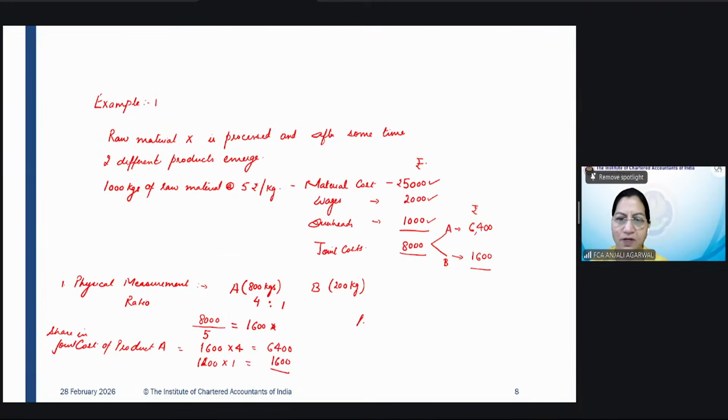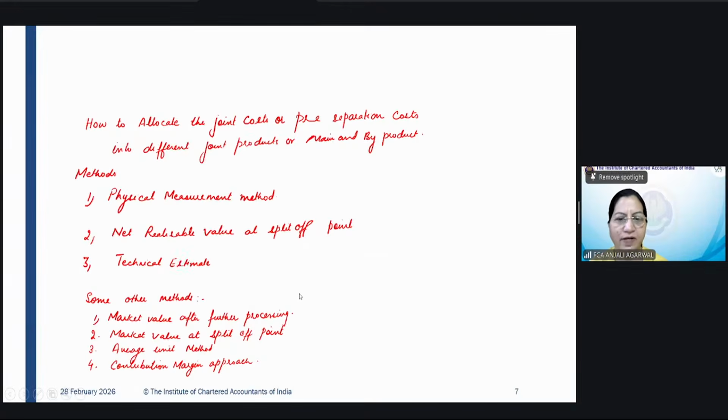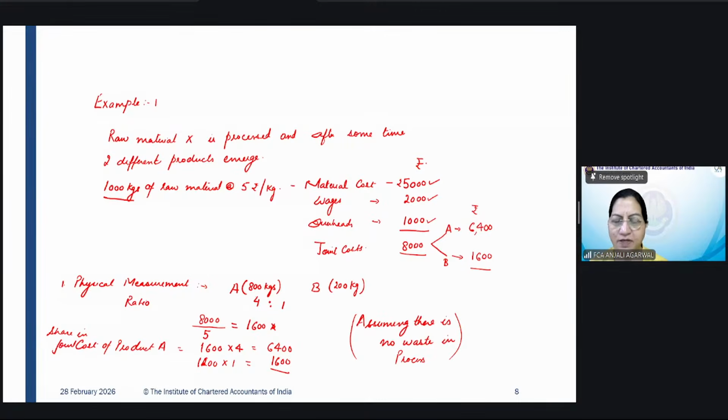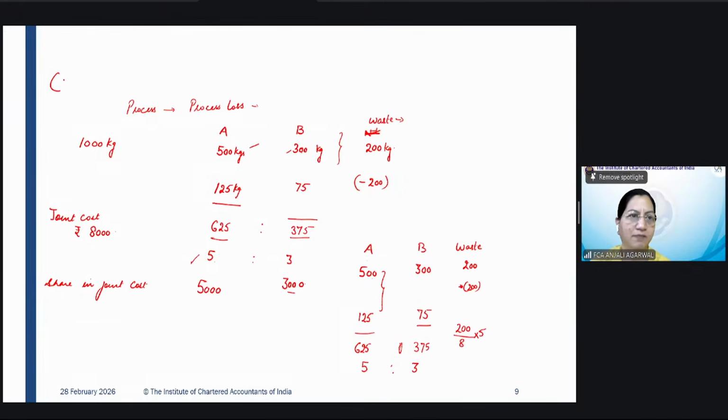This was the scenario, assuming no waste erupts. So if there is no waste in the process, physical measurement of A and B will be exactly equal to 1000 kgs. So you will allocate it in the same ratio. However, if 800 and 400 kgs, 200 kgs did not become of A and B, for example, if there was waste, or case 2, if there is waste,